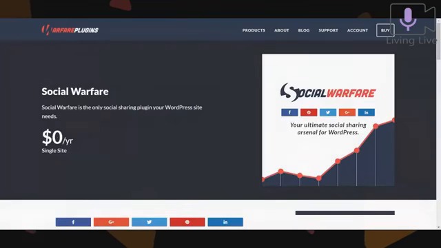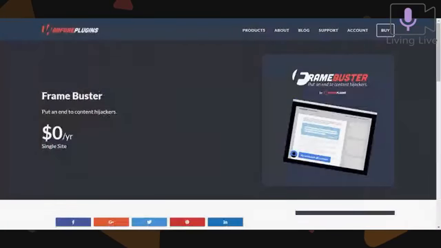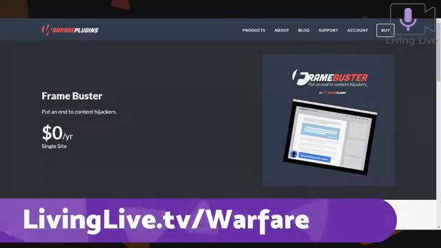We also have a third product called the Frame Buster, which is actually built into Social Warfare, but it's so important to us for people to have this that we removed it, so you don't have to have Social Warfare in order to get this function. And I'll explain it the best way I can. And I see it's free. I mean, it's free. Oh my gosh, that's so cool. It's also free, and it started out of a social media post where somebody was outraged about something, and we were outraged about it. 200 comments later, we built this thing.